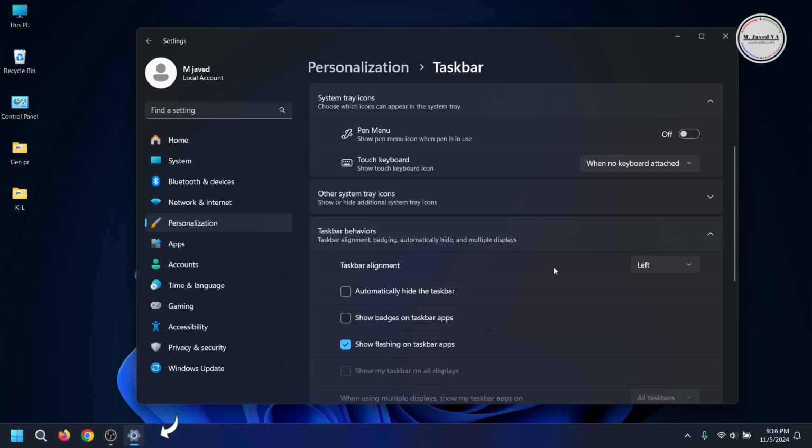And here you can see that the elements have moved to the left corner on the taskbar. And you sure can bring them back to the center by changing the option to center. And this is how you can align the elements on the